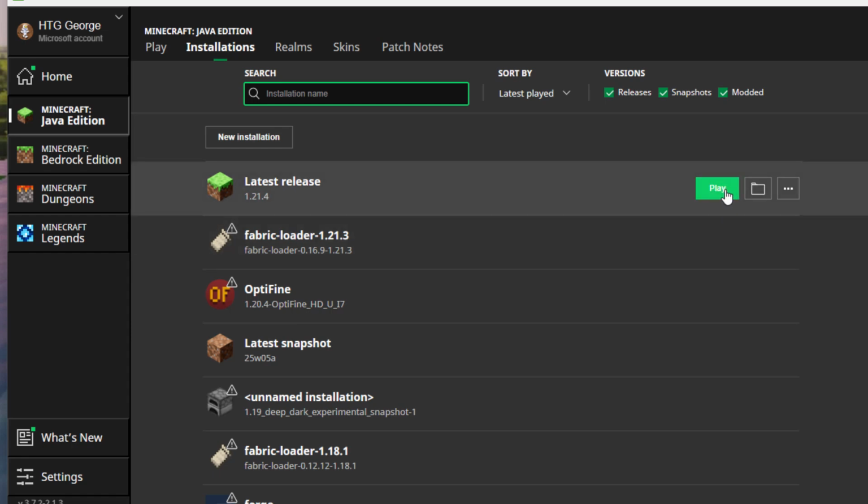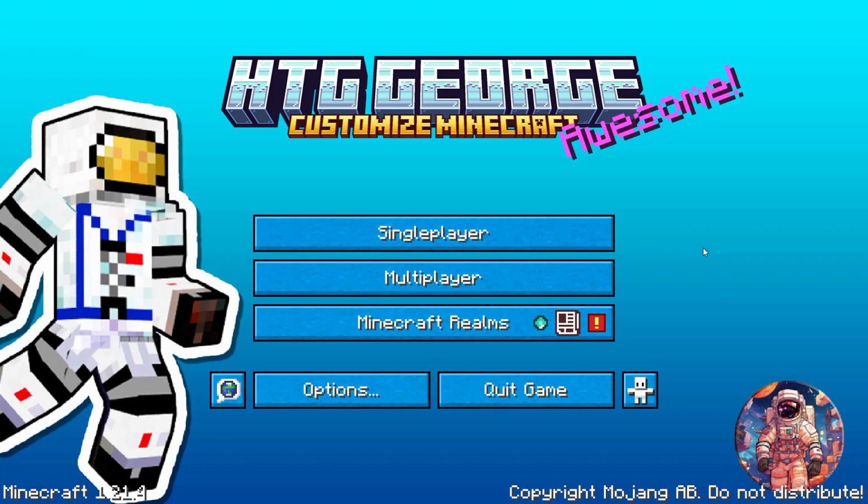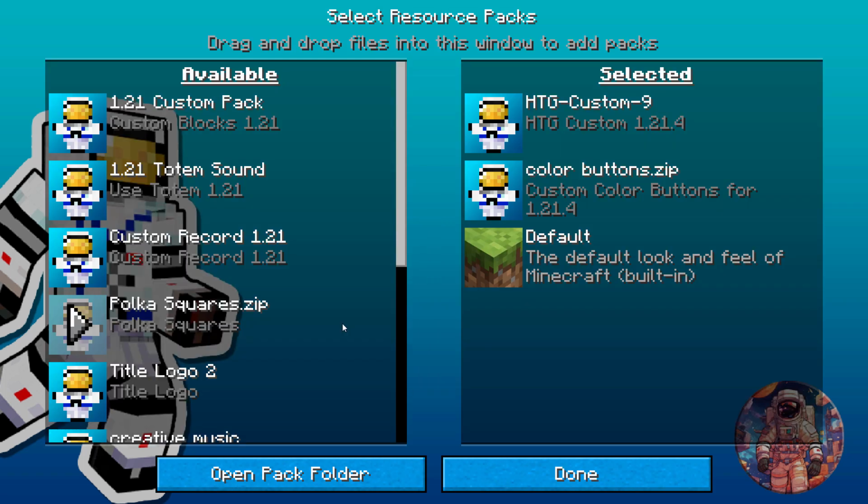Okay, we can now click on play and let's launch Minecraft and test the sound out. Okay, here we are on the Minecraft menu page. If you want to find out how I customize this, I'll have links for that in the description, different videos on different parts of that. We want to come down here to options and resource packs, and then find your new pack over here, left-hand